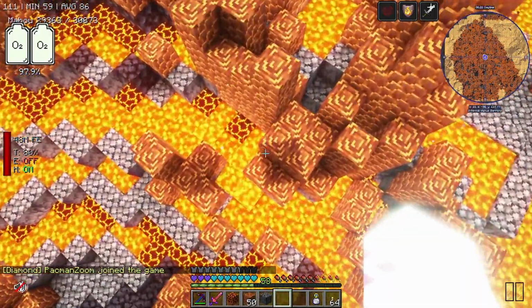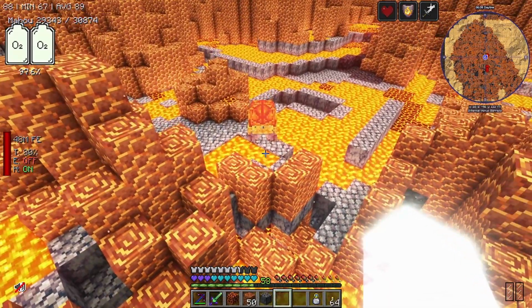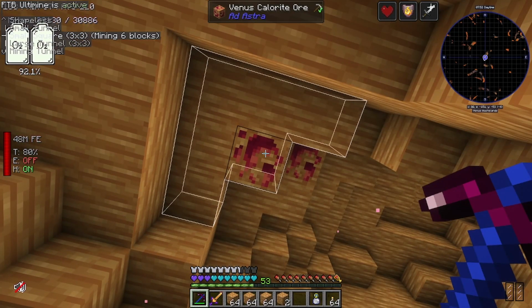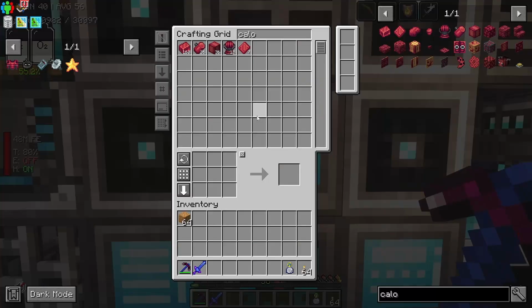Oh my goodness. There's some lava right there. Yeah. So, yeah, this is broken. For me, at least. I don't know what it's going to be like. Oh my goodness. What the heck is that? There we go. Venus calorite ore. Perfect. Shapeless, yes. Mine that. Got 12 out of that one. Awesome. I think that's enough to make...